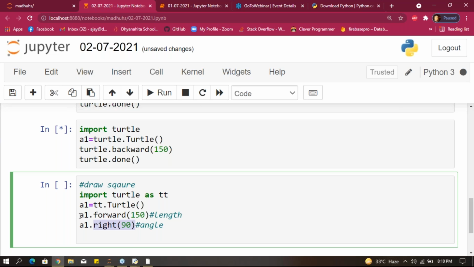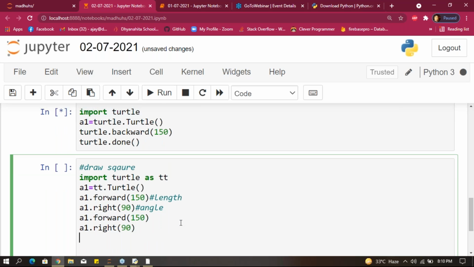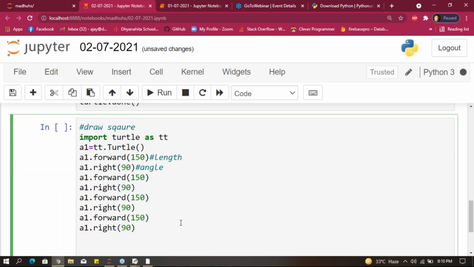A square has four sides, right? That is the reason I'm taking it four times, guys. That means four sides.